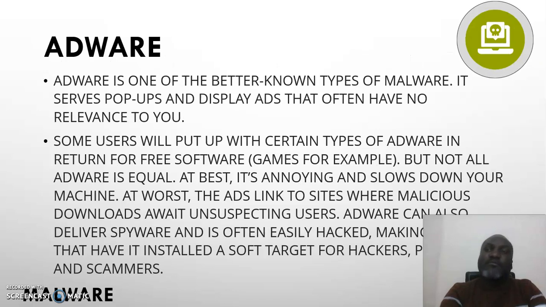Now the next type of malware is what we call the hardware. So hardware is one of the best known types of malware. It serves pop-ups and displays ads that often have no relevance to you. Now, some users will put up with certain types of hardware in return for free software, which is very common. You install a program on your computer or on your phone, and when you want to access that program, you are going to notice that there are going to be some